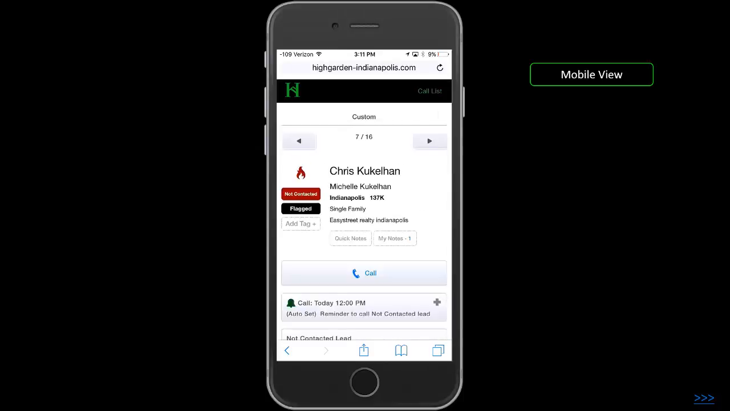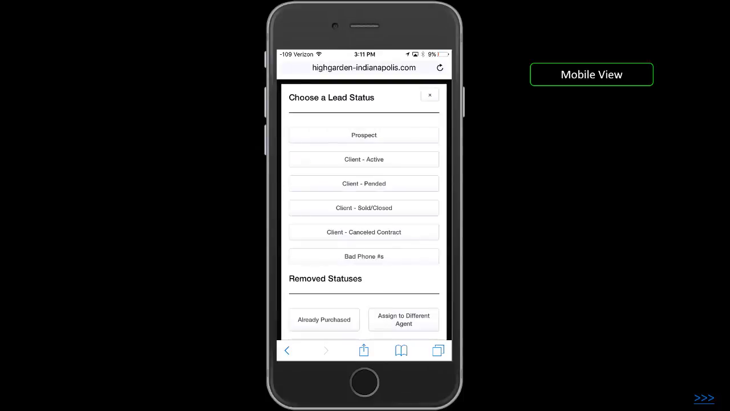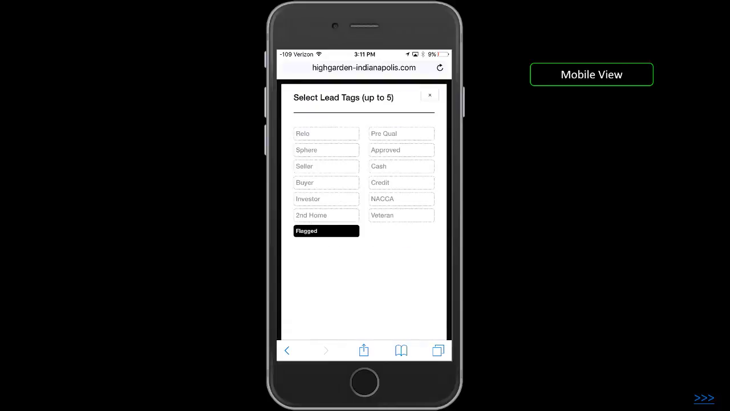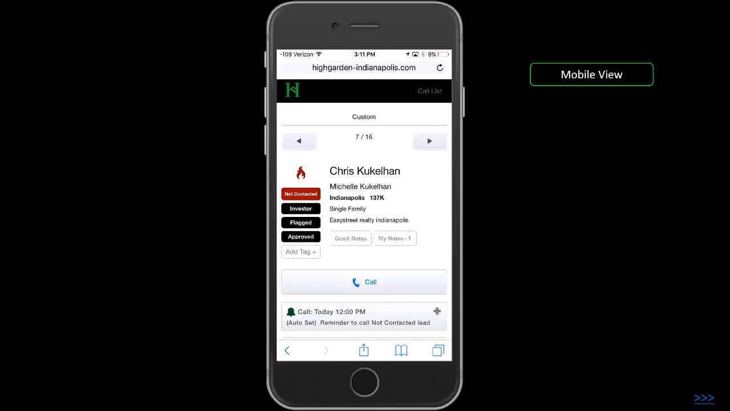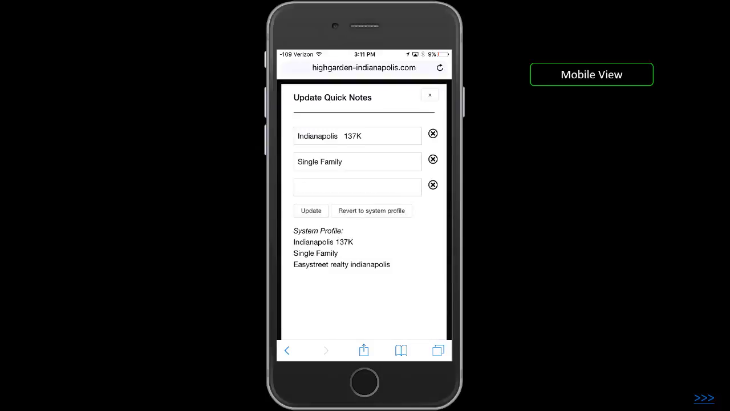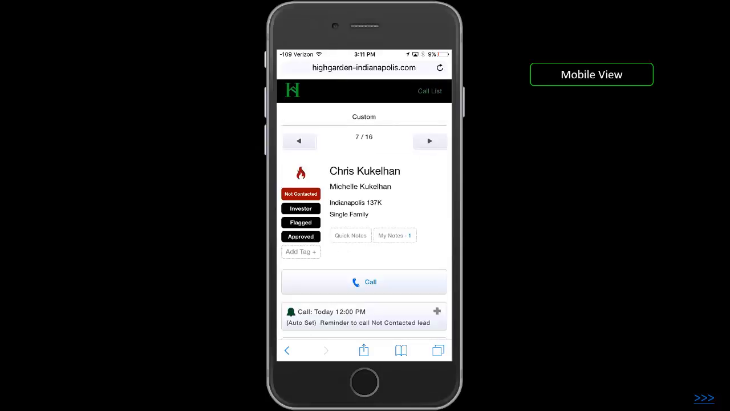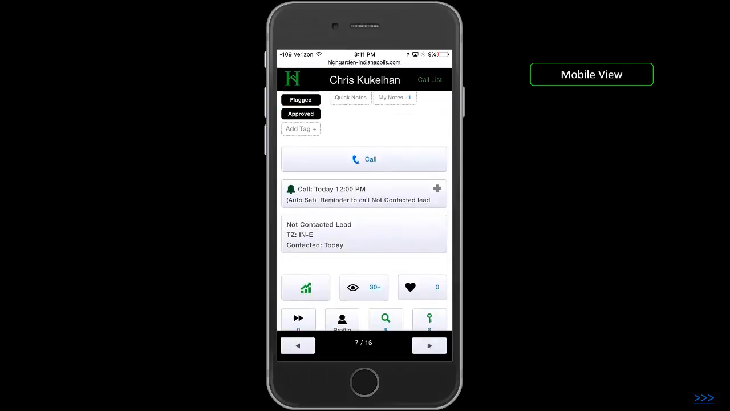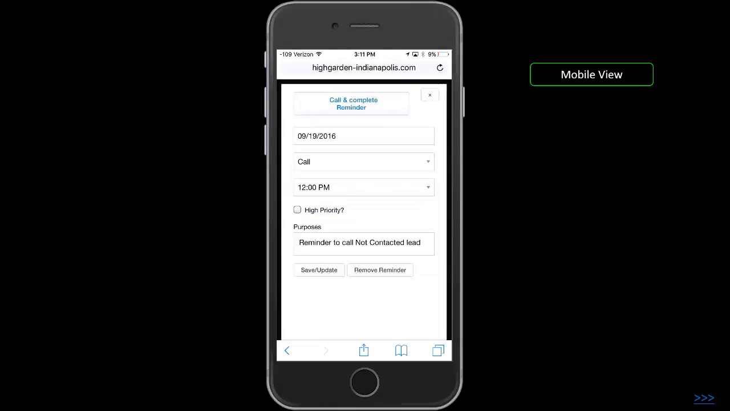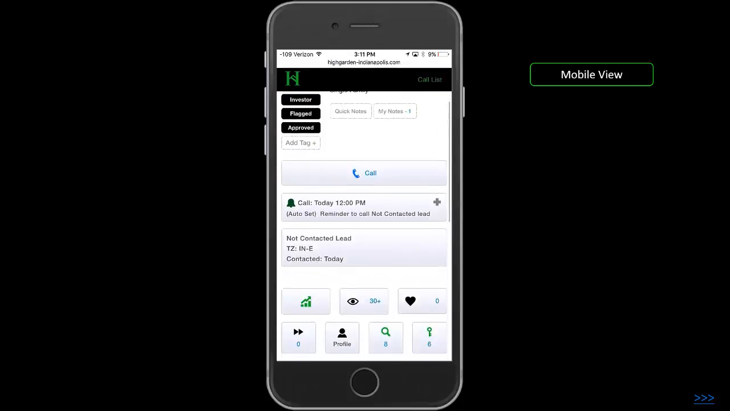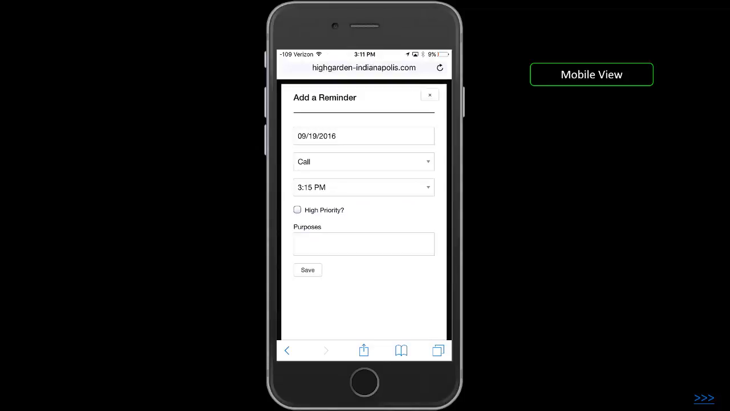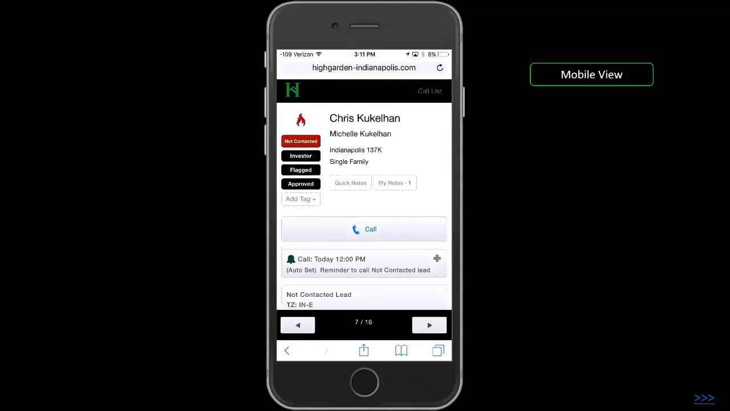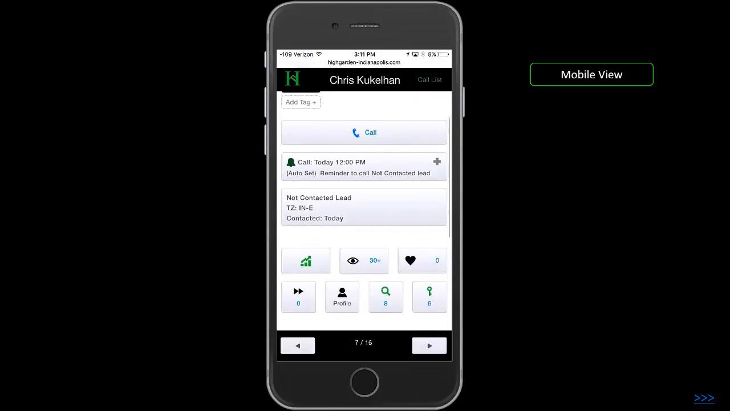You've got your hot triggers, lead status, update the lead tags, add quick notes, your notes, and scroll down, click on the activity scheduled for that lead, add a reminder, another reminder for the lead,